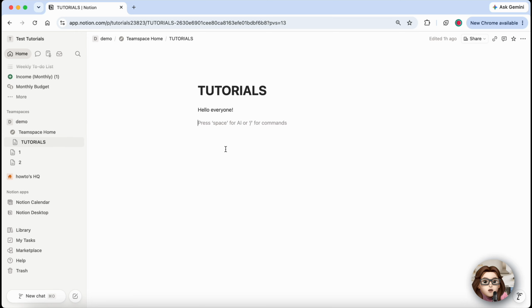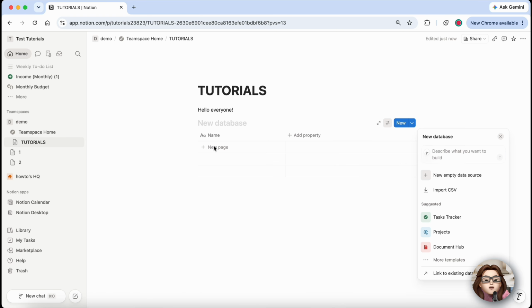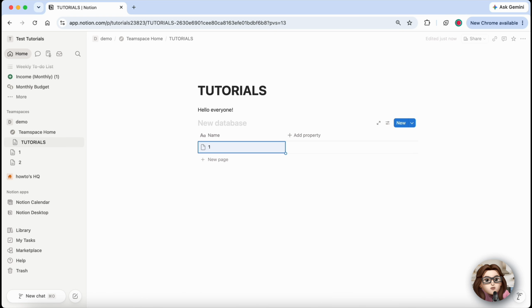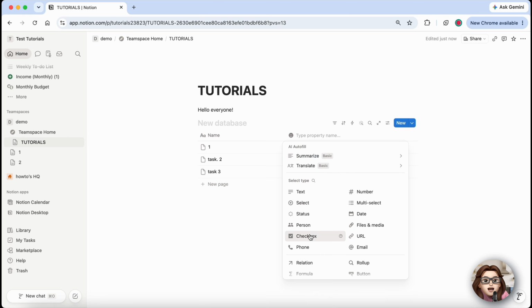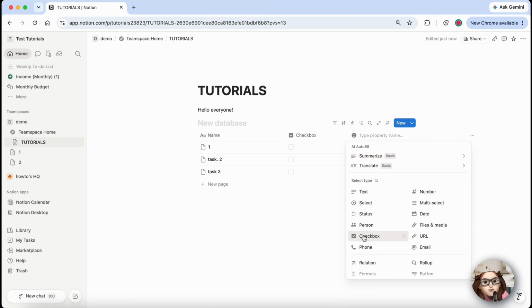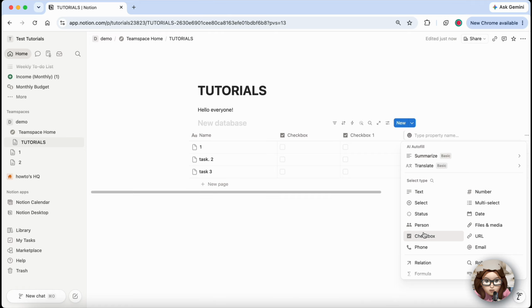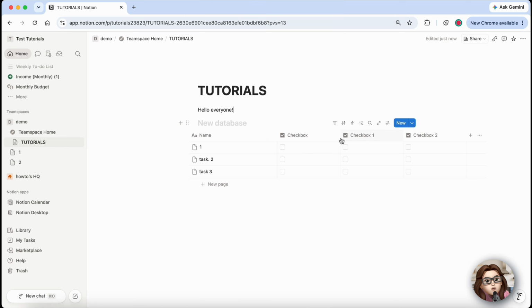Open the Notion page where your database is located, or create a new database by typing database and selecting your preferred database view. If you want the narrowest possible column, add a checkbox property. Click the plus button at the end of your columns, choose checkbox and give it a name such as done,